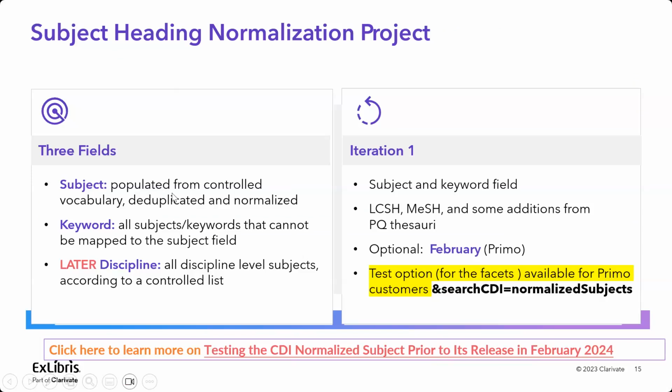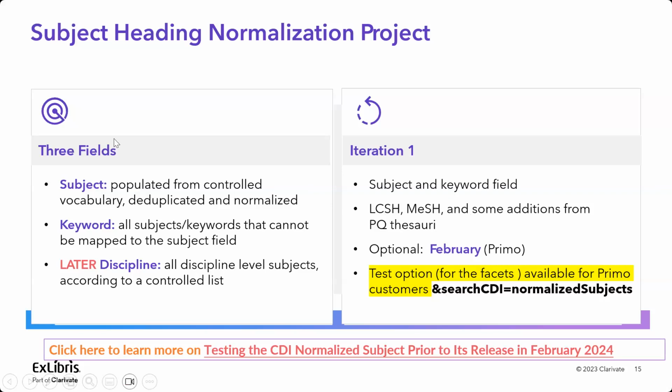Today we have various subjects from various vendors that are part of the CDI index. All kinds of subjects, and one of the complaints is the duplication of that. What we've tried to achieve with this project is to normalize it to a controlled vocabulary that is based on MeSH, Library of Congress, and other